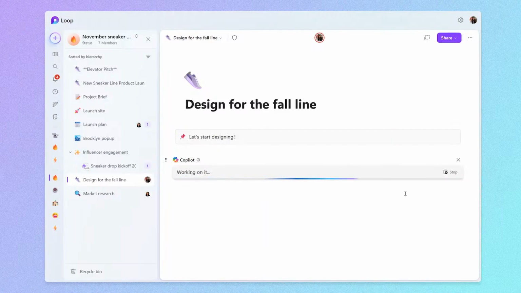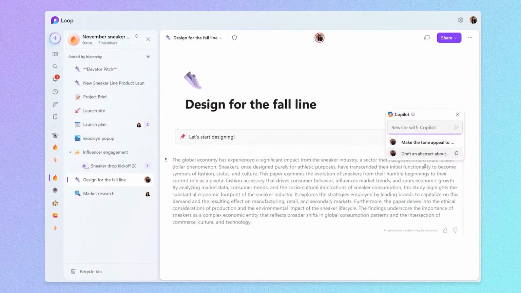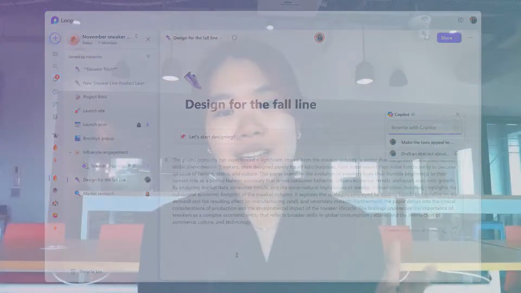Then I can highlight this existing text and then rework it using Copilot directly. So I can take this here and then make the tone appeal to our younger customers. In this way, you can start with content created by AI that you and your teammates can continue to edit